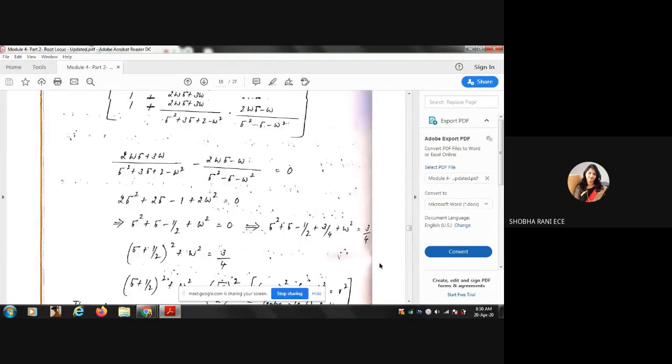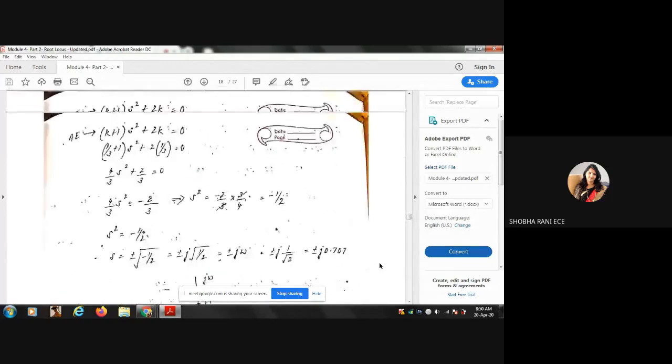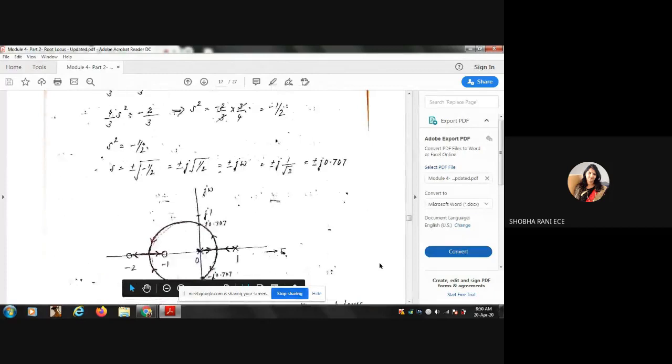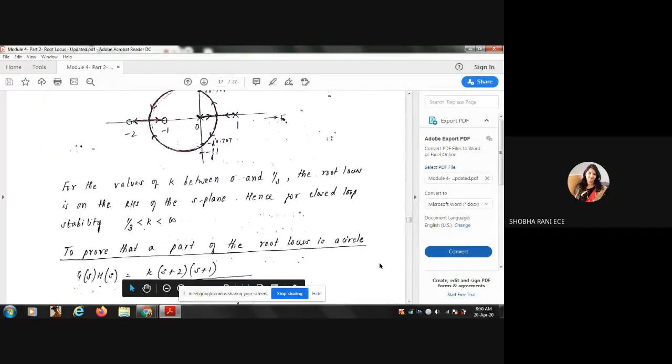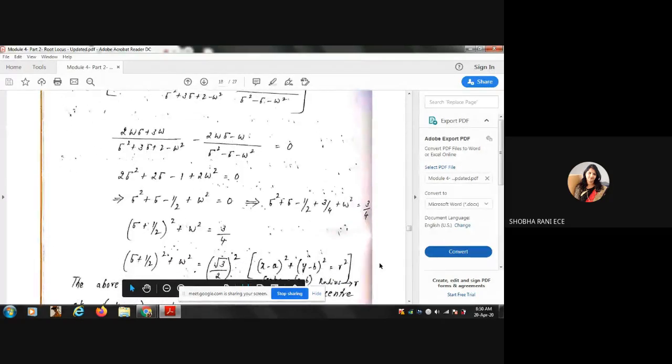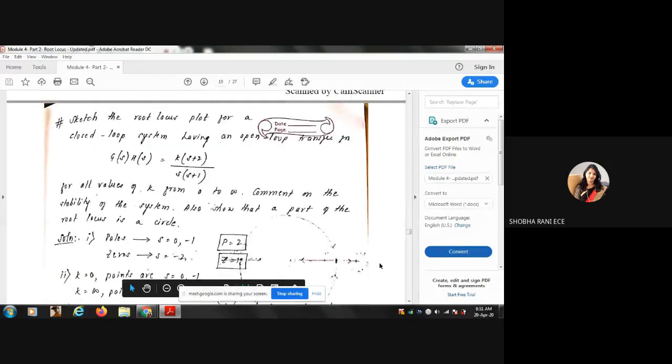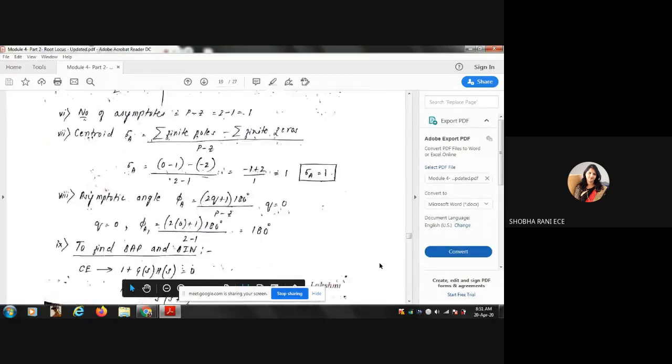If you just look into the previous year question papers, you can see that the same question has been repeated. So this question is always asked as a sub question along with the previous part. So this will be the second part. The first part will be to draw the root locus, wherein we get the root locus as a circle. So each one will be for 10 marks. So please try to apply the formula, do the simplification, and see whether you get the same equation.